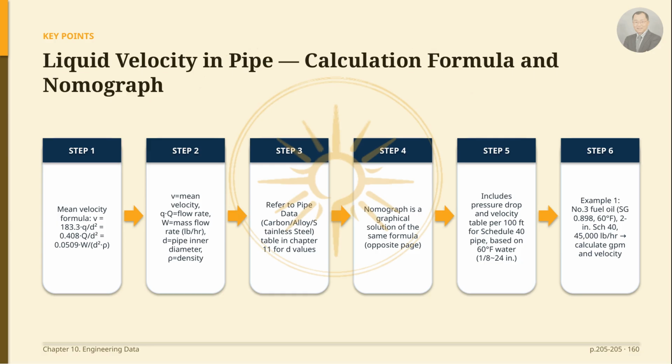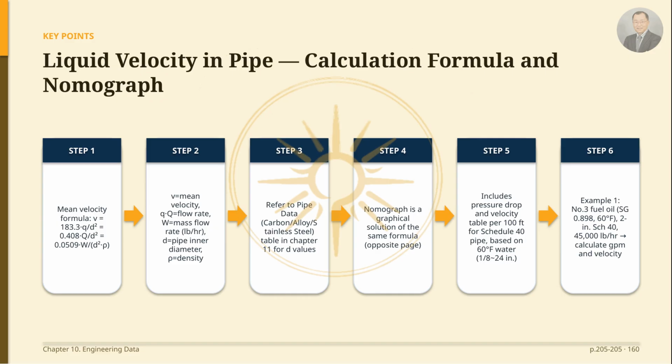Here, Q is the flow rate, W is the mass flow rate in pounds per hour, and D is the internal diameter of the pipe. D values refer to the carbon steel, alloy steel, and stainless steel pipe data tables in Chapter 11. Additionally, for water at 60 degrees Fahrenheit in Schedule 40 pipe, the pressure drop per 100 feet and velocity have been pre-calculated for commonly used flow rates, with pipe sizes ranging from 1/8 in to 24 inches, listed in the